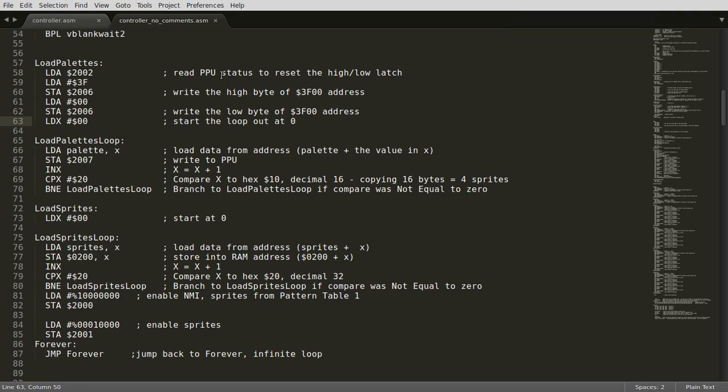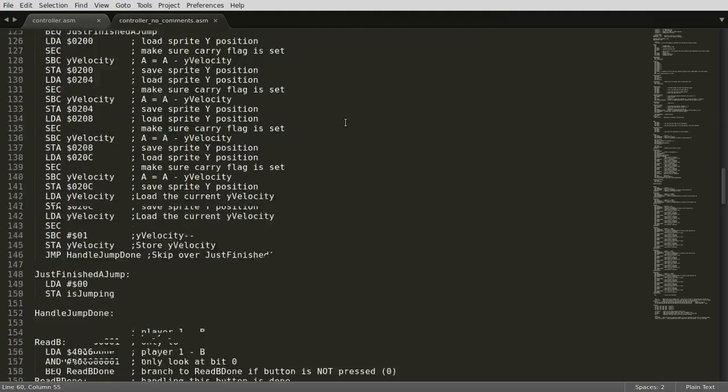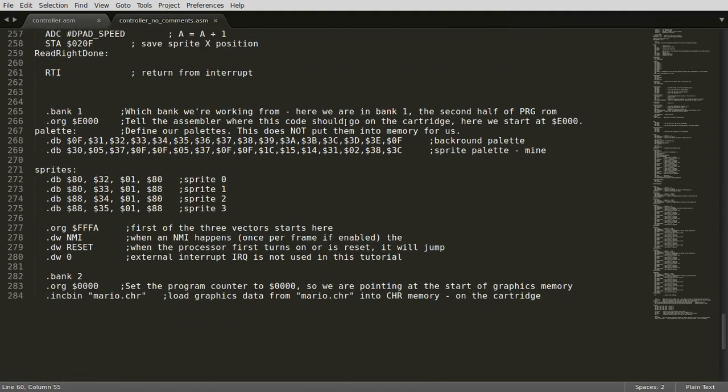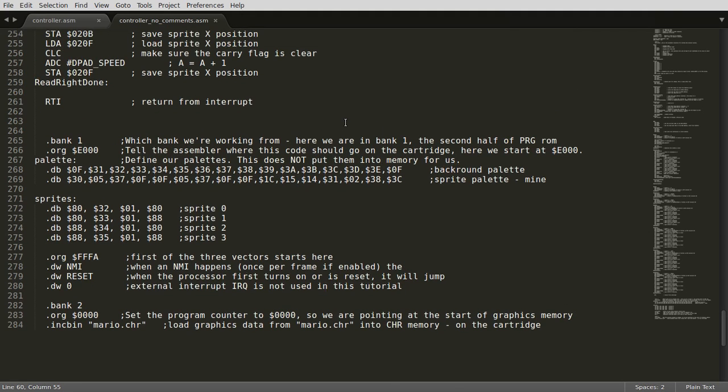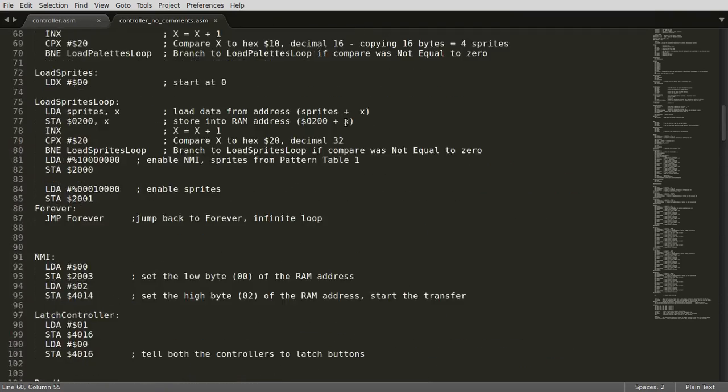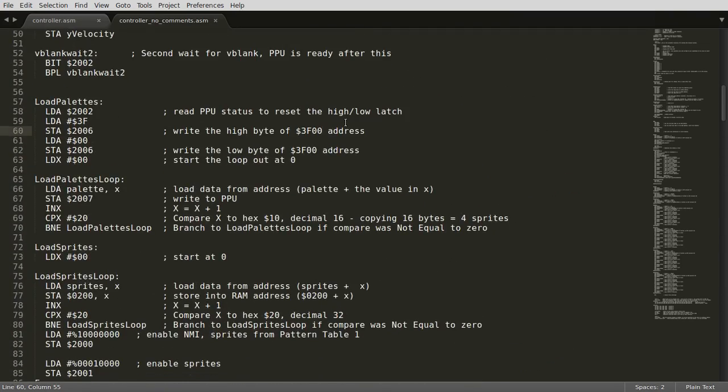I won't get into that. And then we tell it that the address we want to look at is 3F00, which should probably be 3000. Yeah, I'm not entirely sure why that address is as it is, to be honest, but